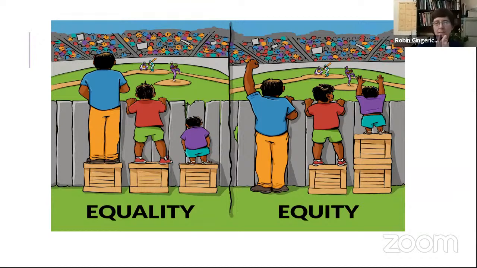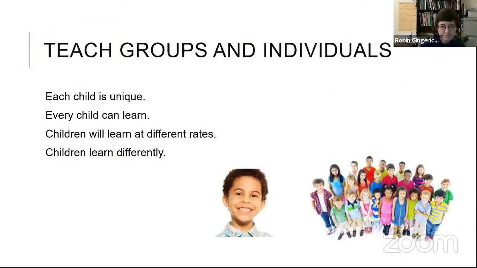So I think this is maybe a visual that you've seen before, but I wanted to present it because it really gives sort of a definition of the belief that sometimes different pupils and different students need different things in the classroom. Not always, but sometimes. So that's equality, treating everyone the same. Equity, helping everyone reach the goals, no matter how, in this case, how tall or short they are. So let's show the next slide. Let's move on from there.